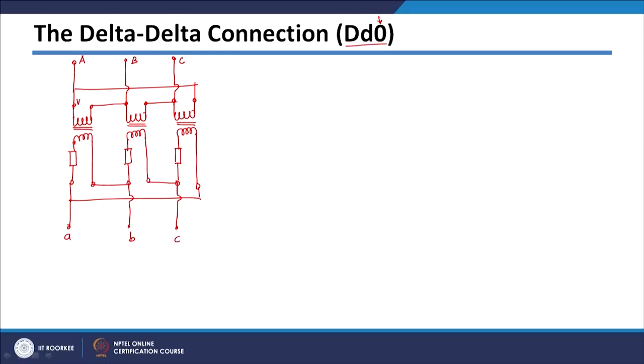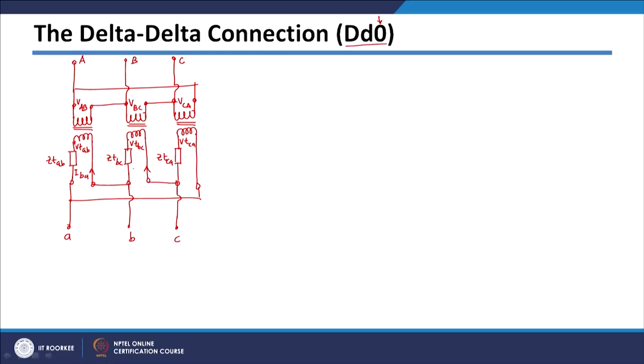Therefore, this voltage will be VAB, this voltage will be VBC, this voltage will be VCA, this voltage will be VTAB, this will be VTBC, this will be VTCA, this impedance is ZTAB, this impedance ZTBC because it is connected between B and C phase, ZTCA, and this current we are considering